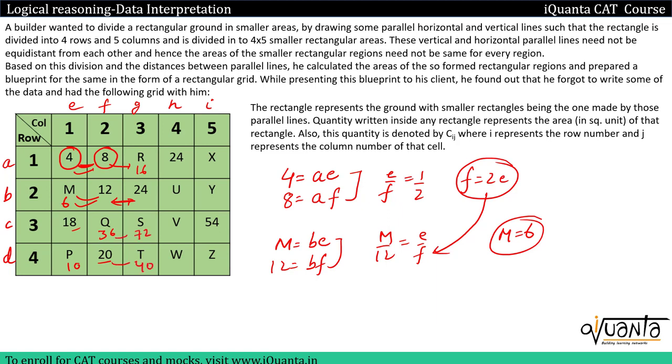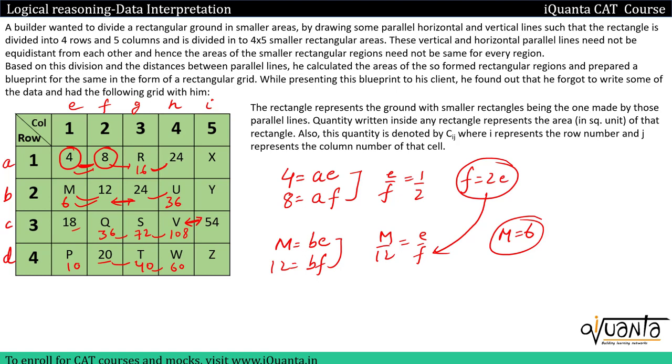Similarly, I can relate all the columns. Now I have 16, 24 here, that means area in column 4 is 1.5 times the area in column 3. So 16, 24; 24 into 1.5, 36 will be here, 72 into 1.5, 108 will be here, 40 into 1.5, 60 will be here. At last, I have the relation between the last two columns. So I can establish the relation through these. Okay, 108 and 54.